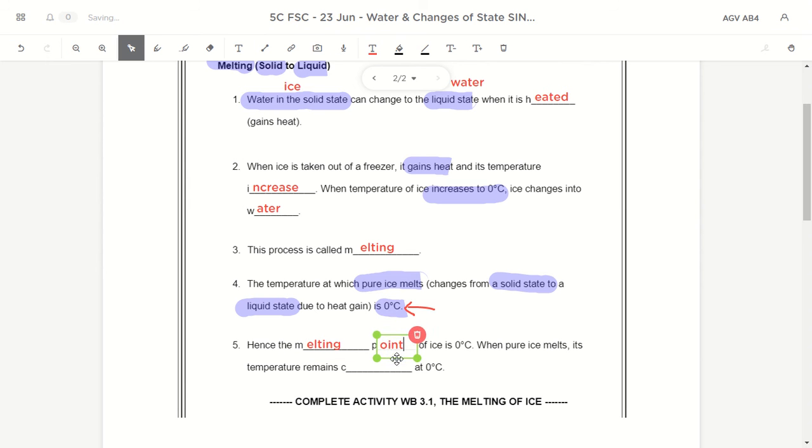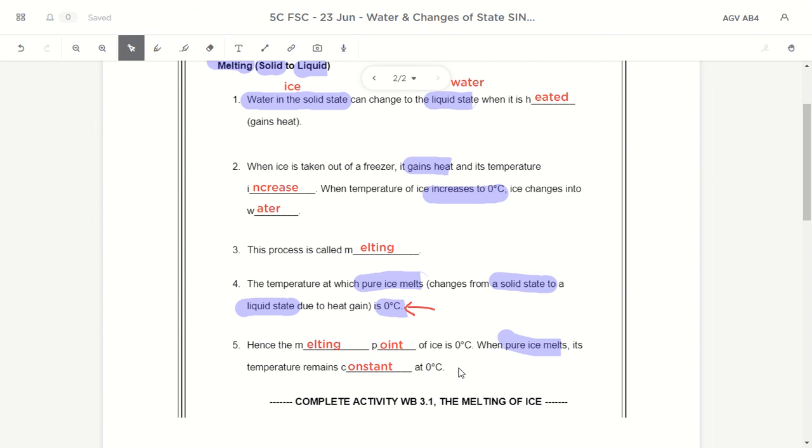Like what I said just now, if the ice is at minus 5, minus 4, minus 3, minus 2, minus 1 degree Celsius, it will still stay as a solid. However, once it hits 0 degrees Celsius, or once it goes beyond 0 degrees Celsius, like 1 degree, 2 degrees, 3 degrees, 4 degrees, 5 degrees Celsius, it will start to melt. And something very special about the melting process, and we will demonstrate it on Friday, or when you come back to school, is that when it melts, the temperature will remain constant at 0 degrees Celsius. So when the ice is melting, the temperature will stay the same.